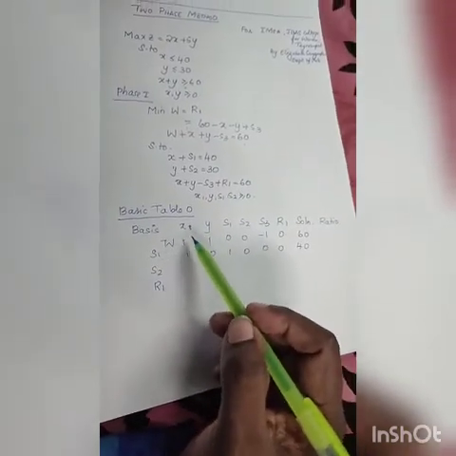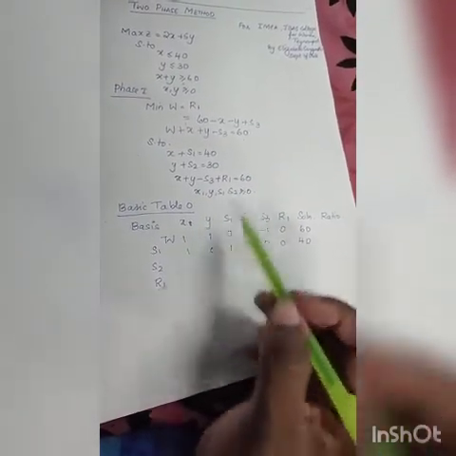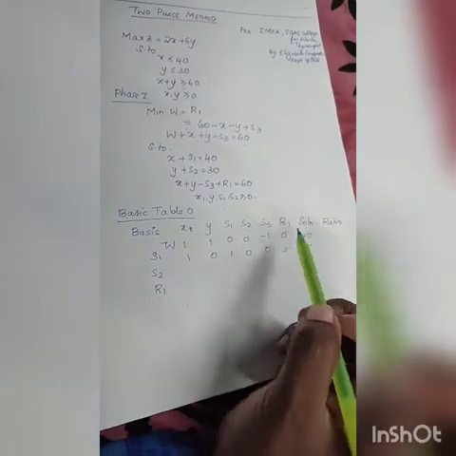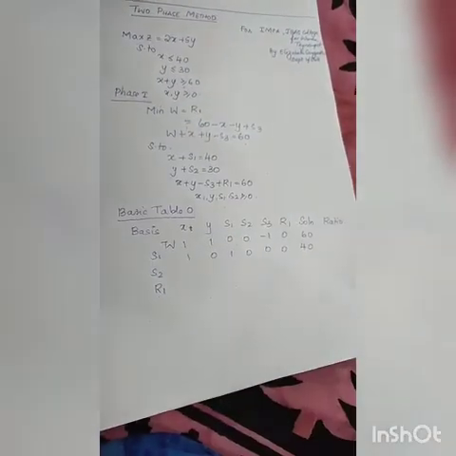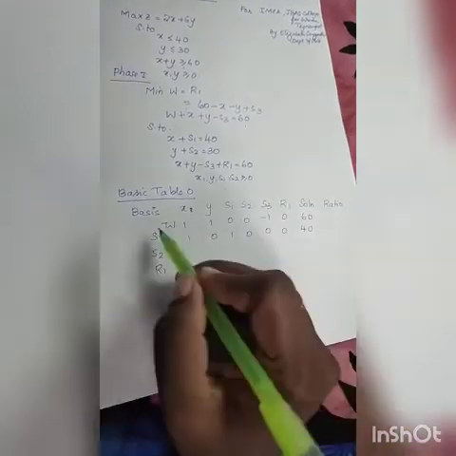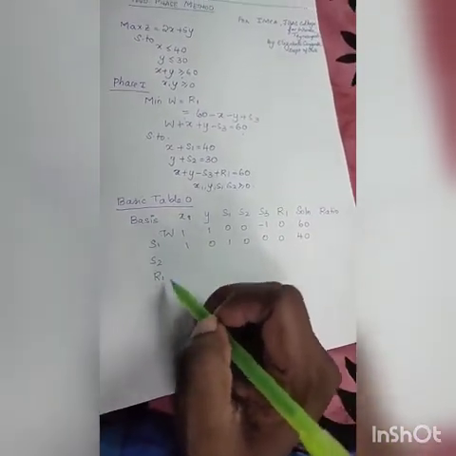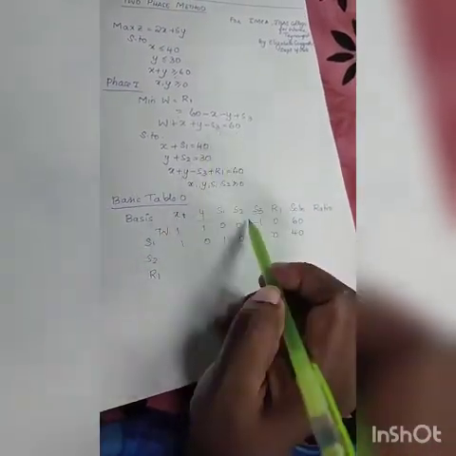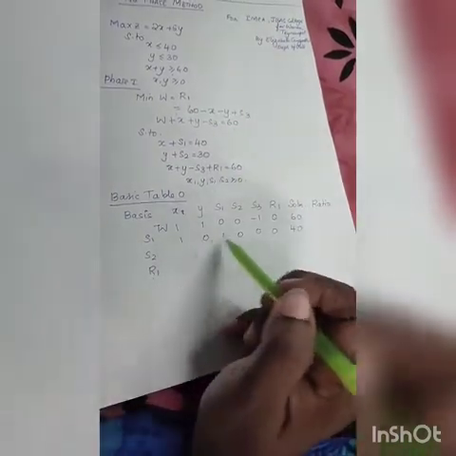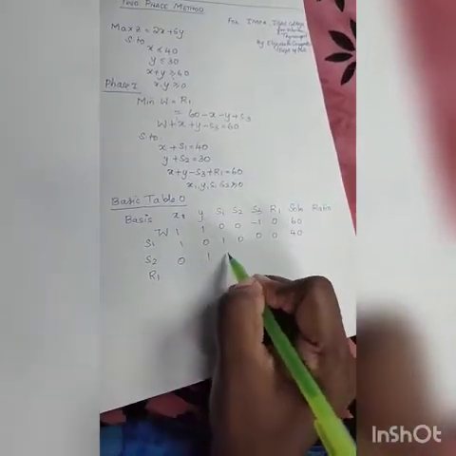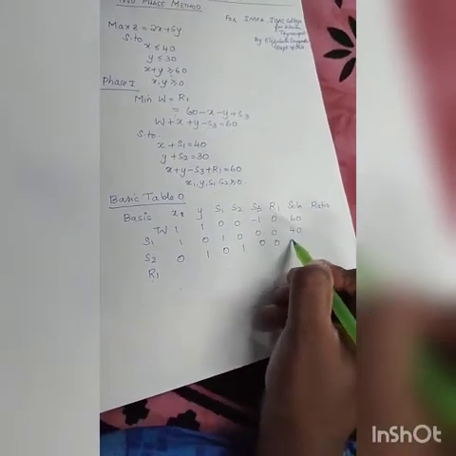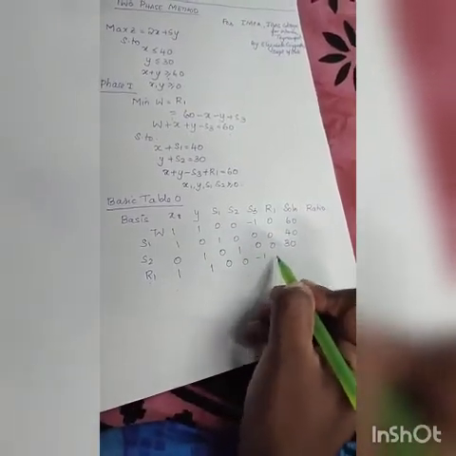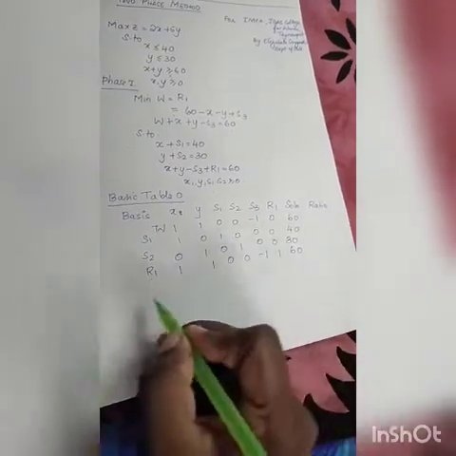Now in the basis table, I have W, S1, S2, R1. You can even write R1 as R because there's only one, so there's no confusion here. You can put it as R itself if you want. Now I am preparing the table here. Basis, 0. I am writing, this will become 1, 1, 0, 0, minus 1, 0 and equal to 60. The equation 1. The second equation is this, 0, 30. Third one is 1, 1, 0, 0, minus 1, 1 and it will become 60.